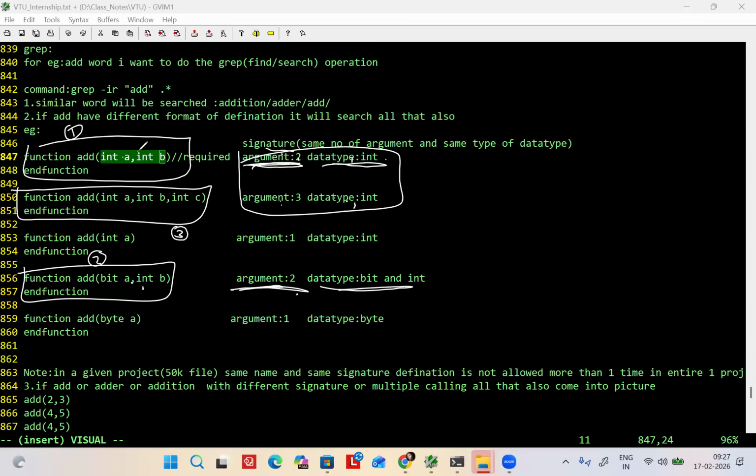If you say only the one word argument, then what happens? Both hold good. But here, what goes wrong? Data type goes wrong. So which word is better to use, argument or signature? Signature is the proper word. Don't say argument is different. Here, is argument different or same? Argument is the same, but data type is different. So it is better to call it signature.